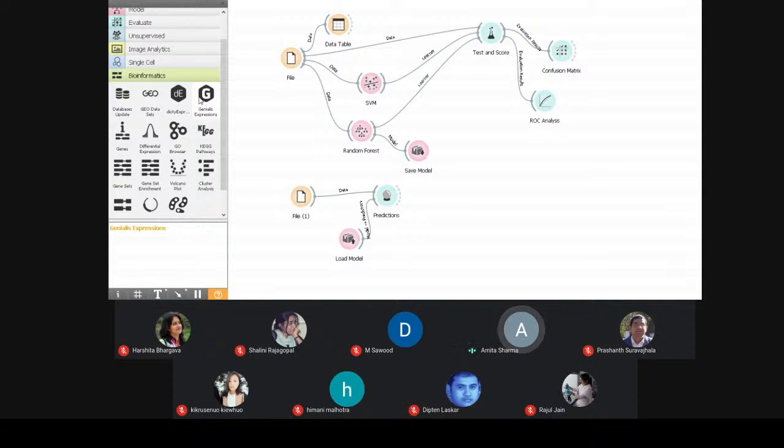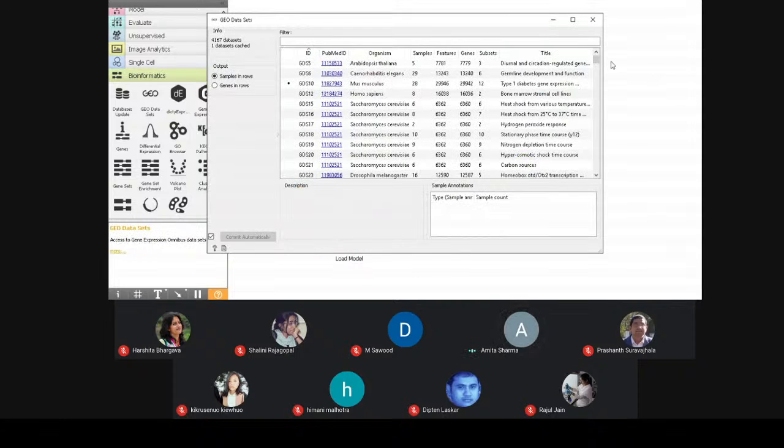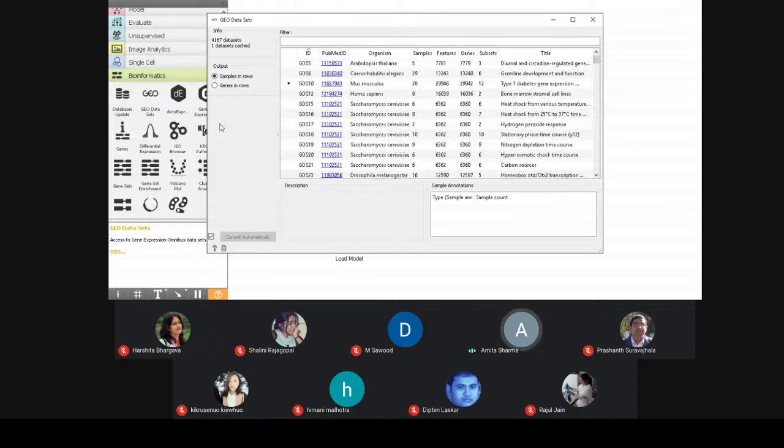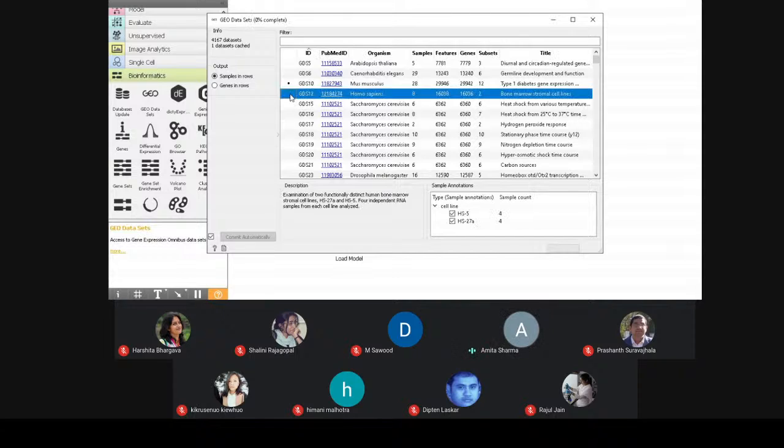In the initial options, we have various data sets from which you can simply develop the data. For example, in the case of GEO data sets, I'll drag this over here. When you click on this, you'll find a number of data sets available, and you can use that data set for your study. For example, I take the GDS1112 data set. I'll select this and close it.